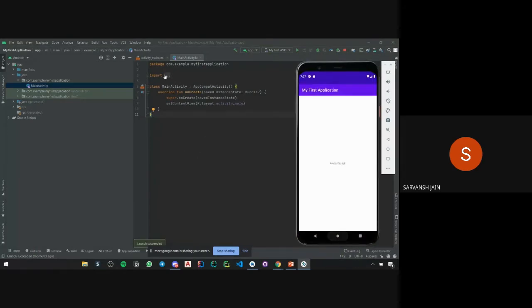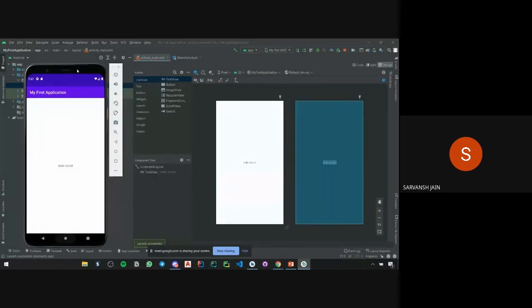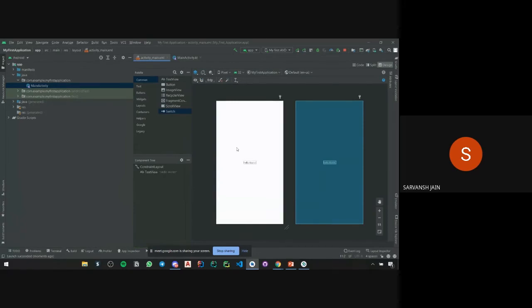Now I'll go into my layout section, and as you can see, we have some sections in this layout section. There's this first section which is palette. If you have seen an artist, a painter, he has a palette in his hand, and the colors are on his palette. So basically, you have all these options. It depends on you what you want to put in your app. From here you can add text from text view. You can add a button from these options.